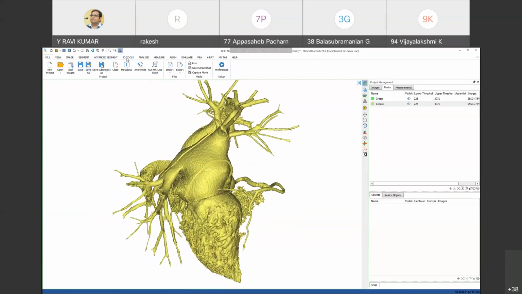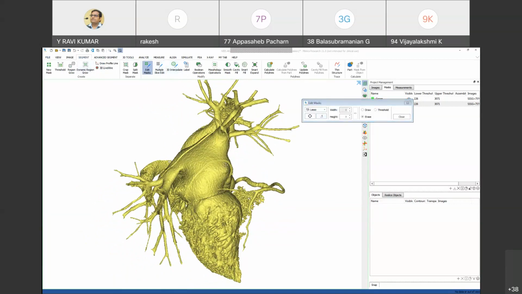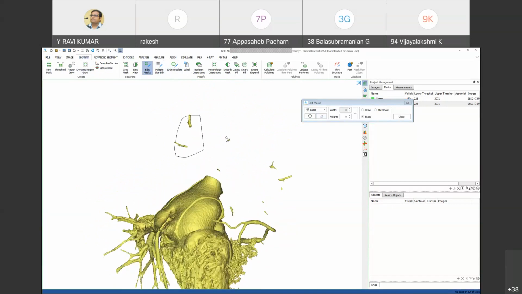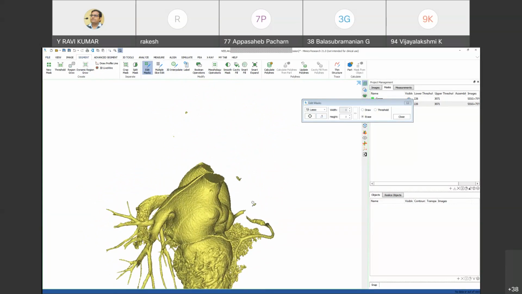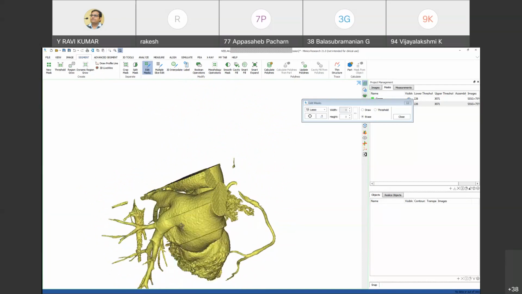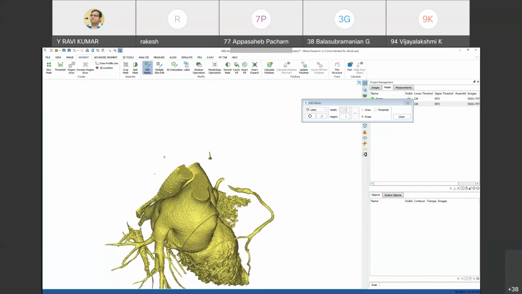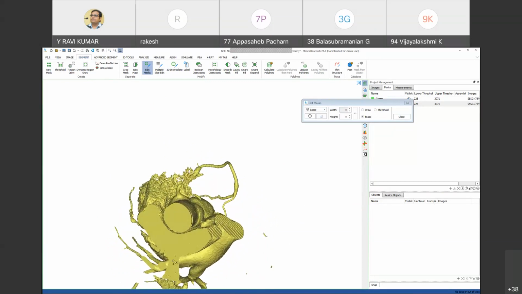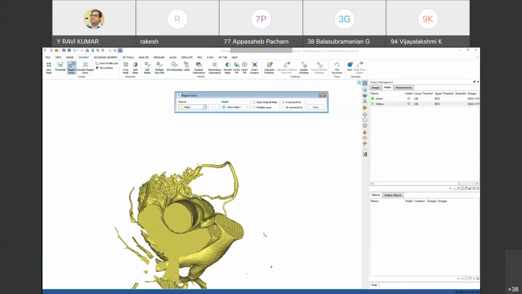For that, we can use the 3D mask to remove them. Now we will go for the region drawing.